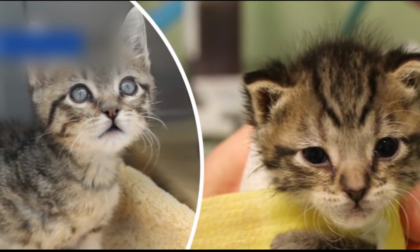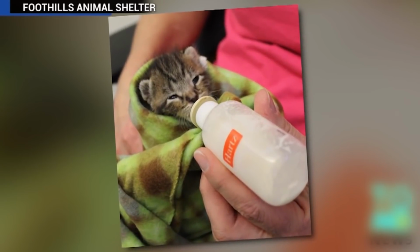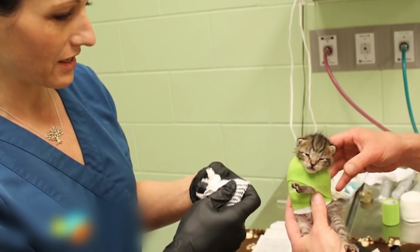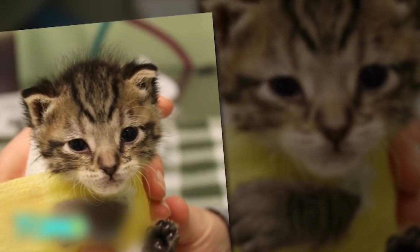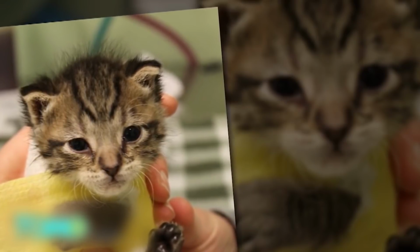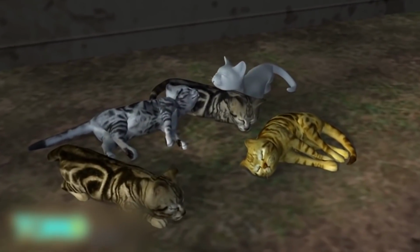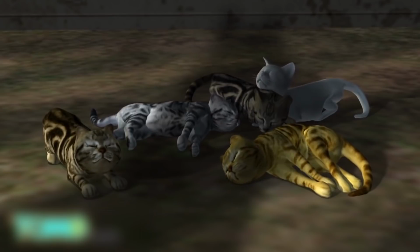10-day-old kitten survives dog attack and amputation. A Colorado animal shelter has saved the cutest and most resilient kitten. Aptly named Trooper, a 10-day-old kitten was facing death when he was brought to an animal hospital in Golden, Colorado. Trooper lived under the porch in the area with 4 other siblings. The kittens could barely open their eyes or walk when...